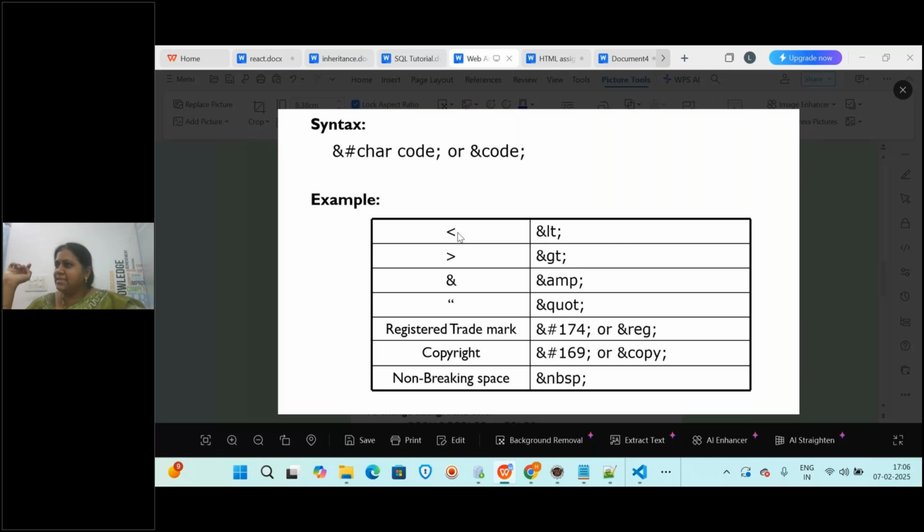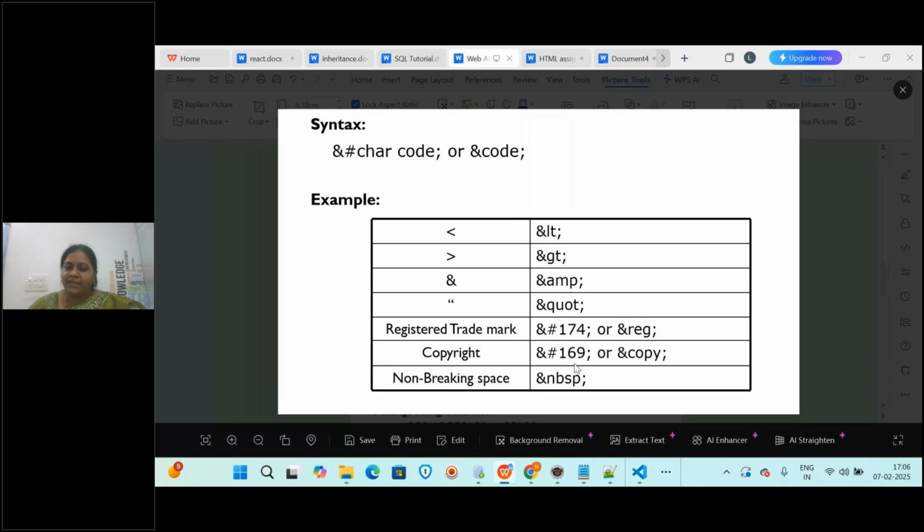In HTML, CSS, or JavaScript, when you write the symbol, it will think of it as a tag. It won't print the symbol. But if you want to print the symbol, you have to use ampersand LT for less than, GT for greater than, ampersand AMP for the ampersand symbol, quotes, registered trademark, and copyright.